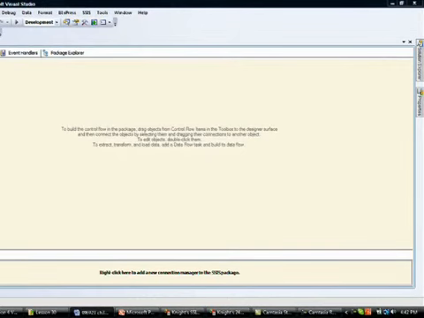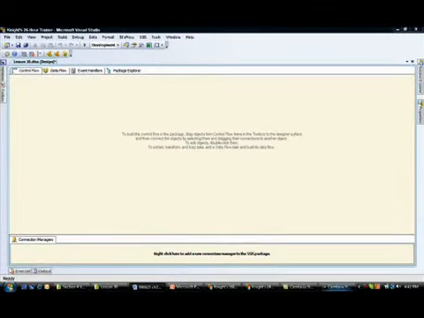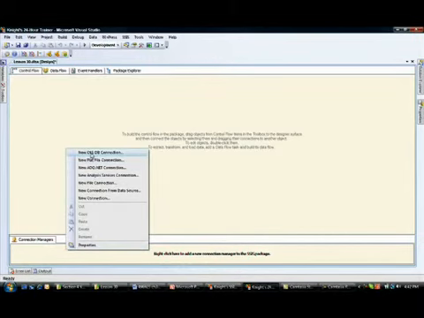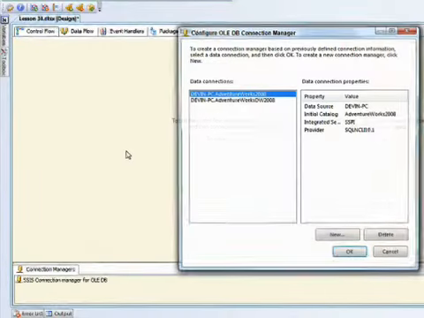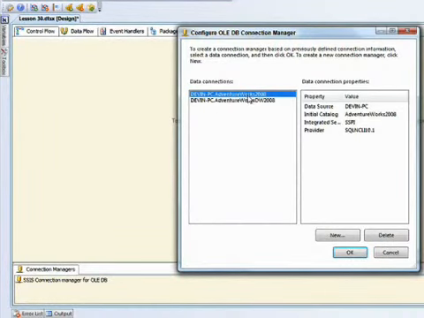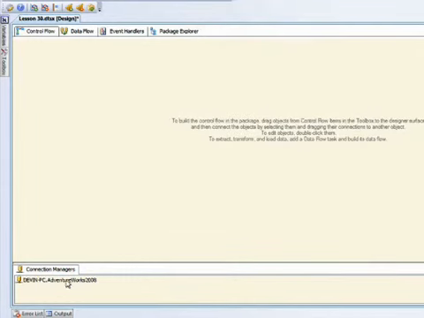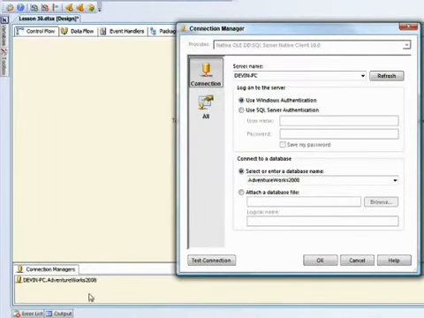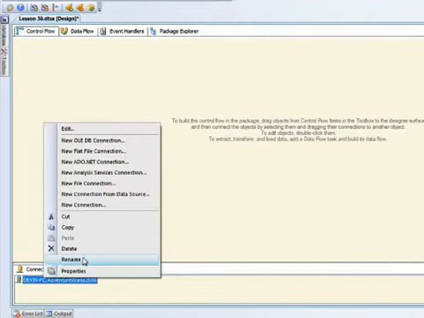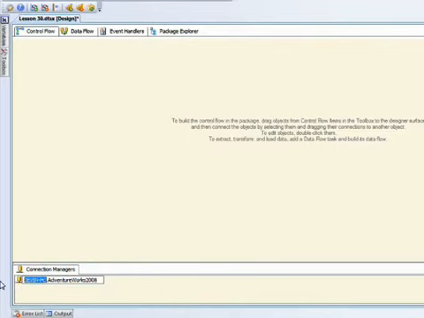Okay, and our next step is going to be to create a new connection manager to the AdventureWorks 2008 database. So right-click in the bottom portion and say you want to add a new OLE DB connection manager to the AdventureWorks 2008 database. That's correct. Click OK. Again, if you have skipped this lesson and haven't covered how to create connection managers, this is the dialog box to create the connection manager, and you always want to test the connection. And we always rename our connection manager as well to just say the database name,